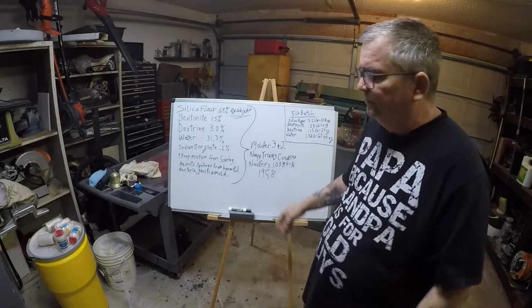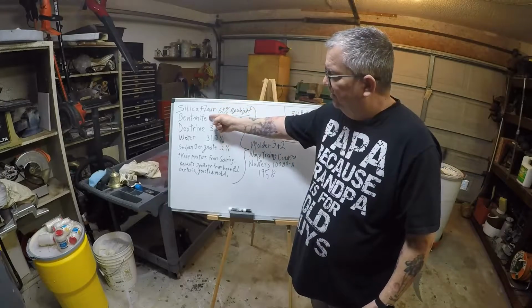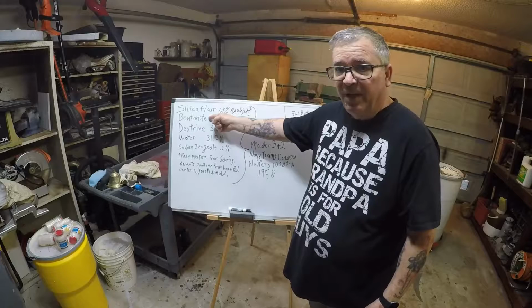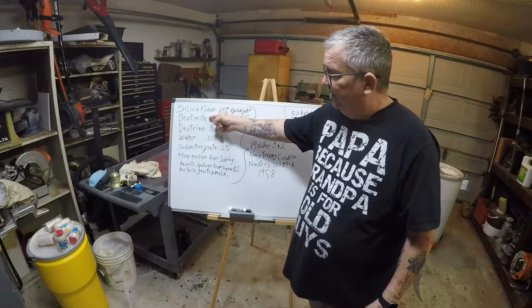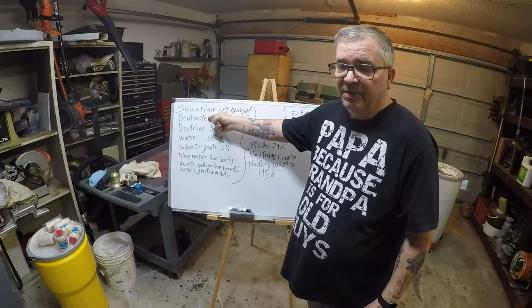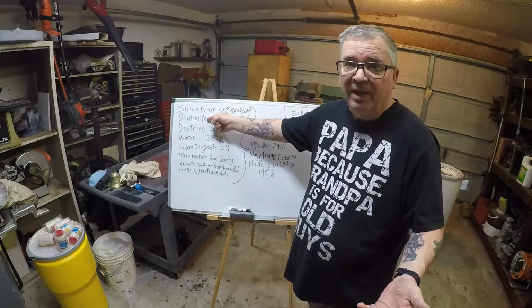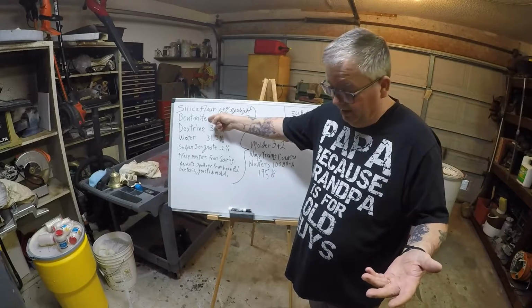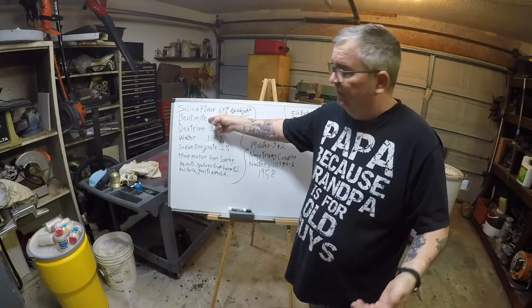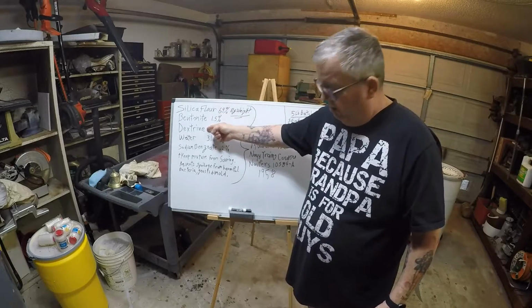here's the formula. You've got silica flour, and you've got to get bentonite. Now you have two different types of bentonite: southern bentonite and western bentonite. It didn't say which one's best for this formula, so if you already have bentonite for making your green sand, use whichever bentonite you have. Okay? Dextrin, which is another binder,